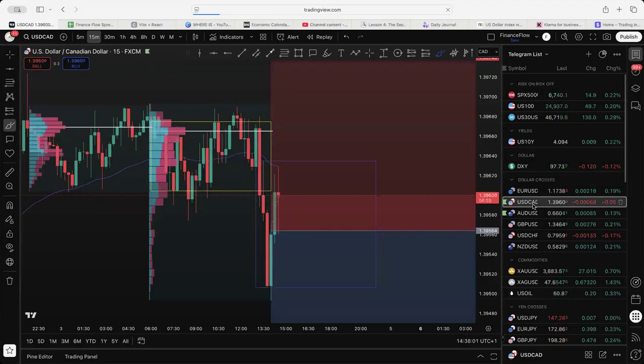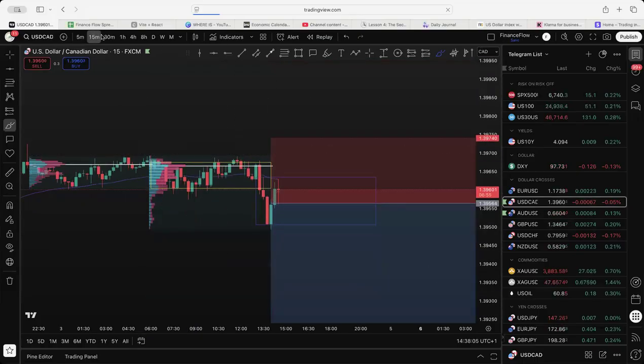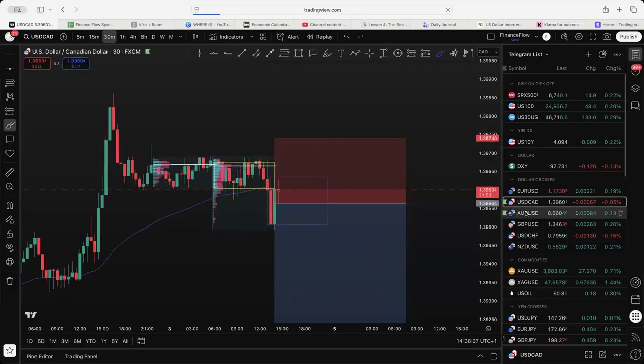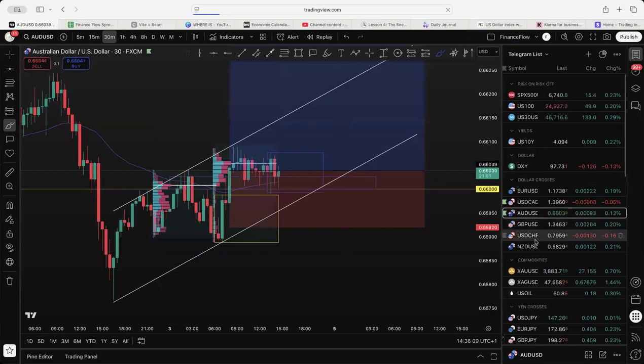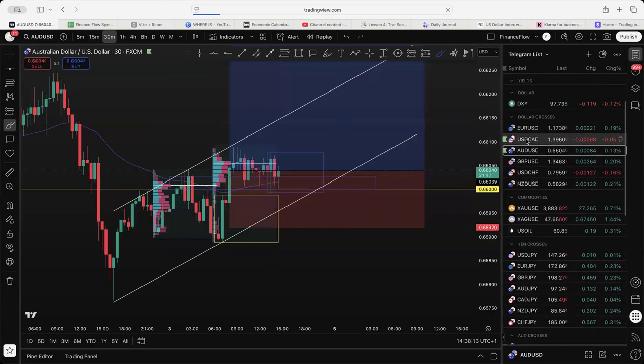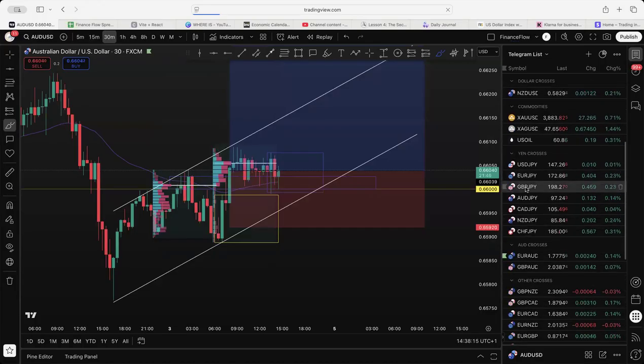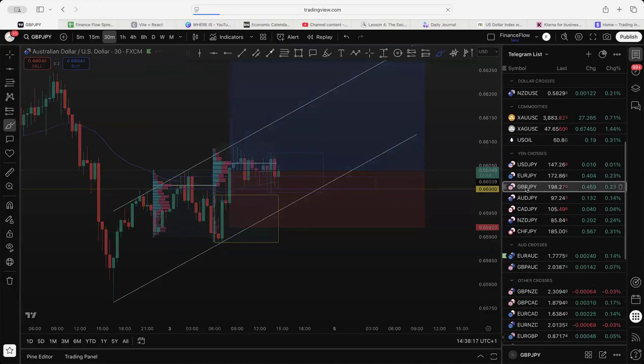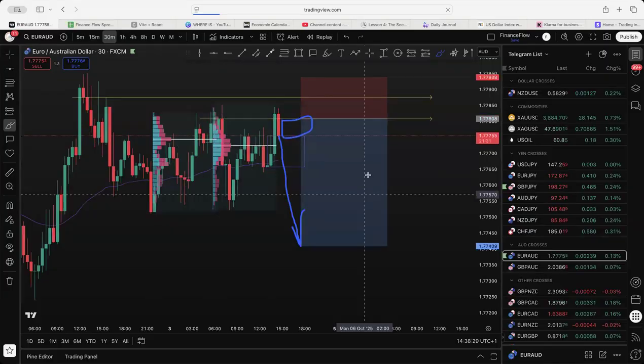But today, USD CAD is one. We've then got AUD USD number two, obviously from this morning. So sorry, we've got USD CAD, potential on GBP. Was it GBP JPY we looked at? Yes, it was. My screen's frozen again, so apologies. And obviously AUD there. It will load in a minute.